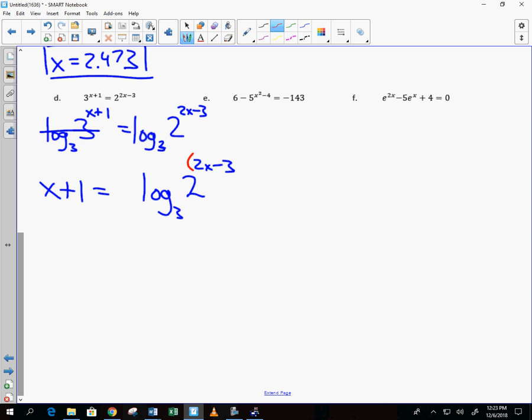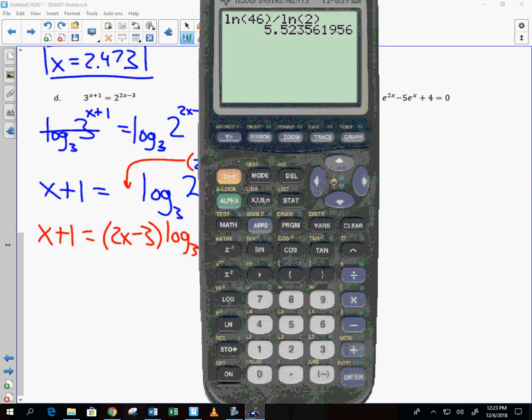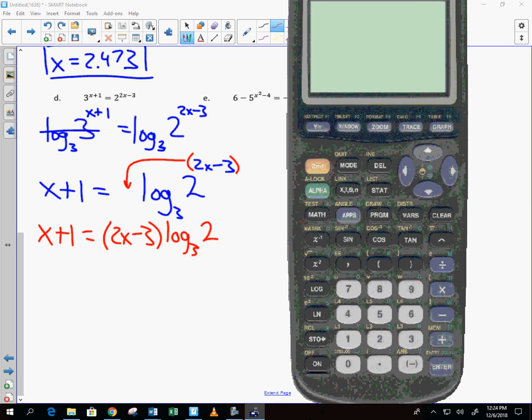Logan's absolutely right. He's going to take this 2x minus 3 and just dump it right out front. That way, instead of having the x in the exponent, the x is a coefficient out front. x plus 1 is equal to 2x minus 3 times log base 3 of 2. Now, I know you may not like that log base 3 of 2, but it's just a numerical value, correct? We could compute that. We just look at our calculator and take log base 3 of 2. Log of 2 divided by log of 3,